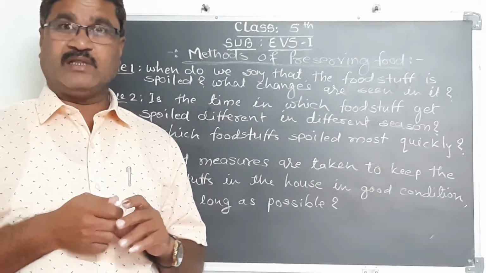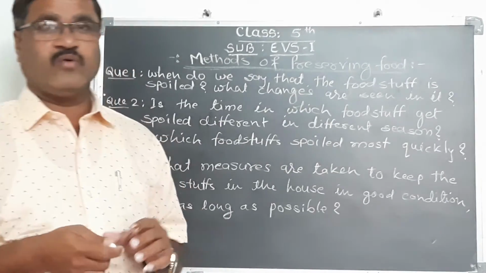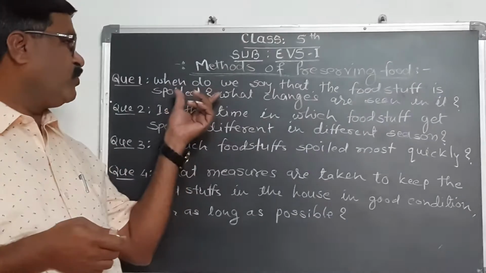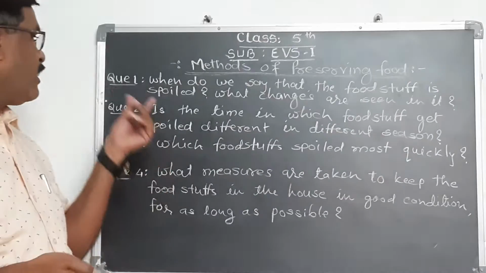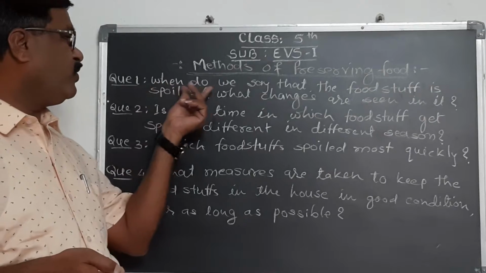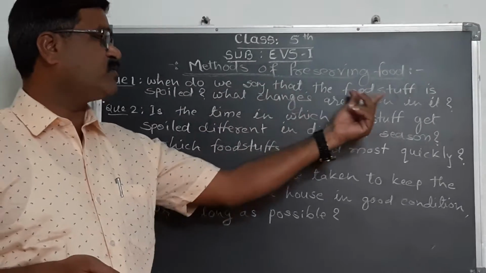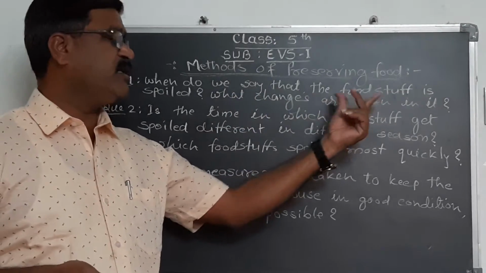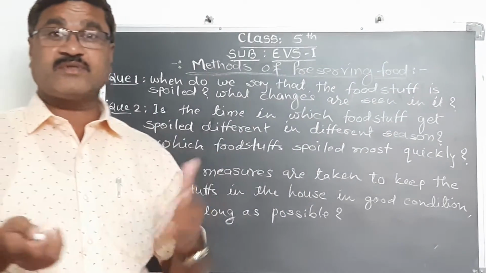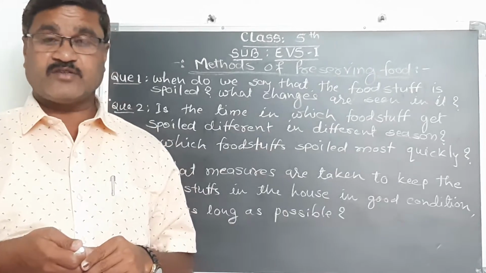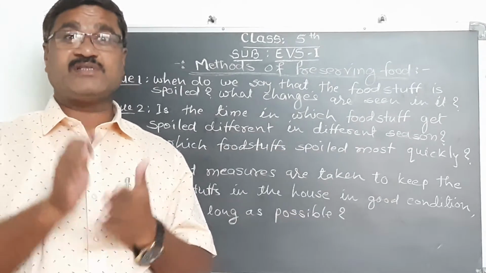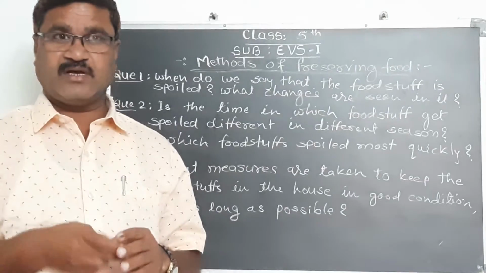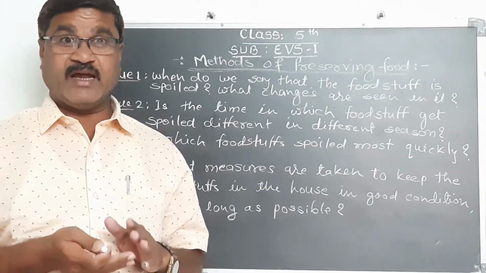Now, in the last part of that video, we saw 4 questions. So, one by one, today again we will see these 4 questions. Question number 1: when do we say that the foodstuff is spoiled? What changes are seen in it? We say foodstuff is spoiled when we see white, black or greenish fibers on the foodstuff and